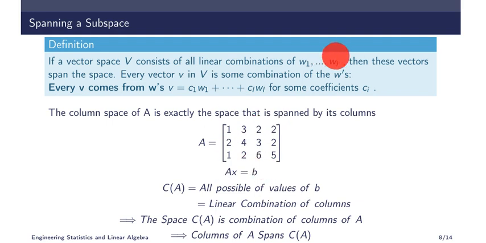So here 4 vectors are there. Any B in this space is a linear combination of these 4. And that is why we can say that these 4 vectors W1, W2, W3, W4 span the column space C of A, or span the vector space C of A. So it is simple. Just any linear combination which gives any vector in the space means that those vectors span that vector space. So nothing much about this one.